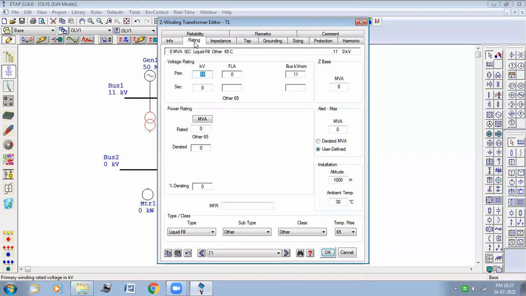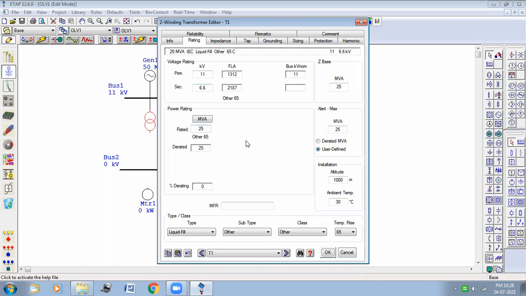It is important. Now here you can see when bus 1 is connected with the primary of the transformer, by default the value taken in the primary is 11 kV voltage. It is automatically taken by the transformer. Then you have to select the secondary voltage and the MVA rating for this transformer. For this example, I'm going to select 6.6 kV voltage for secondary, and MVA is 25. Okay, you can take any other value also.